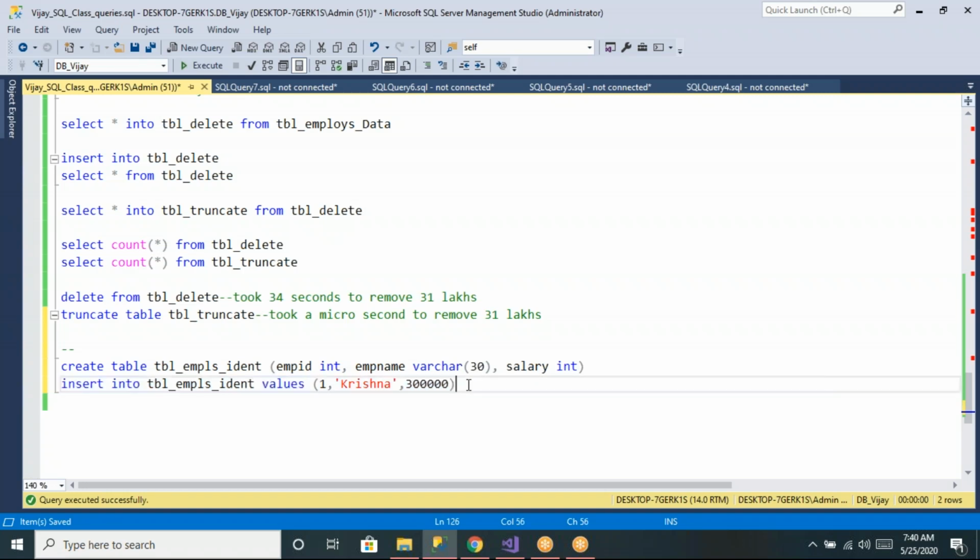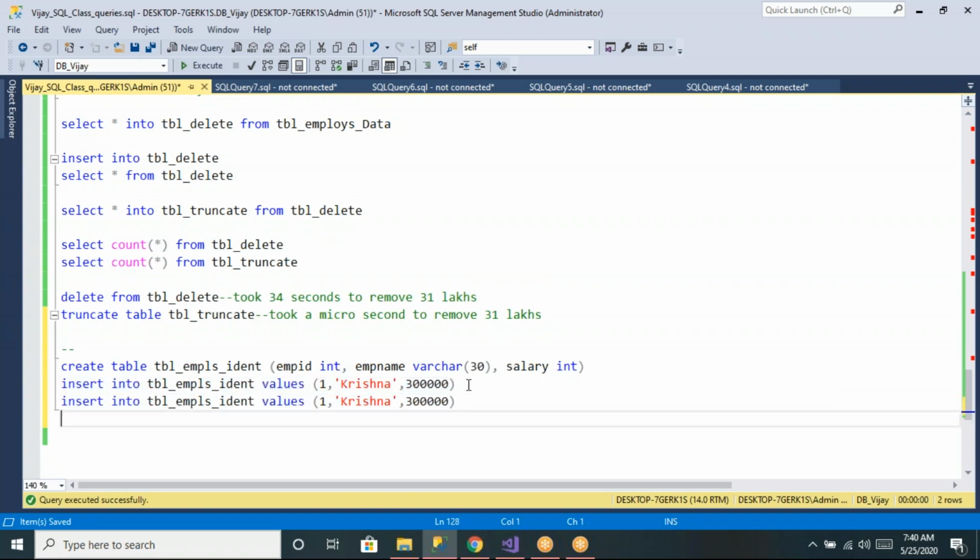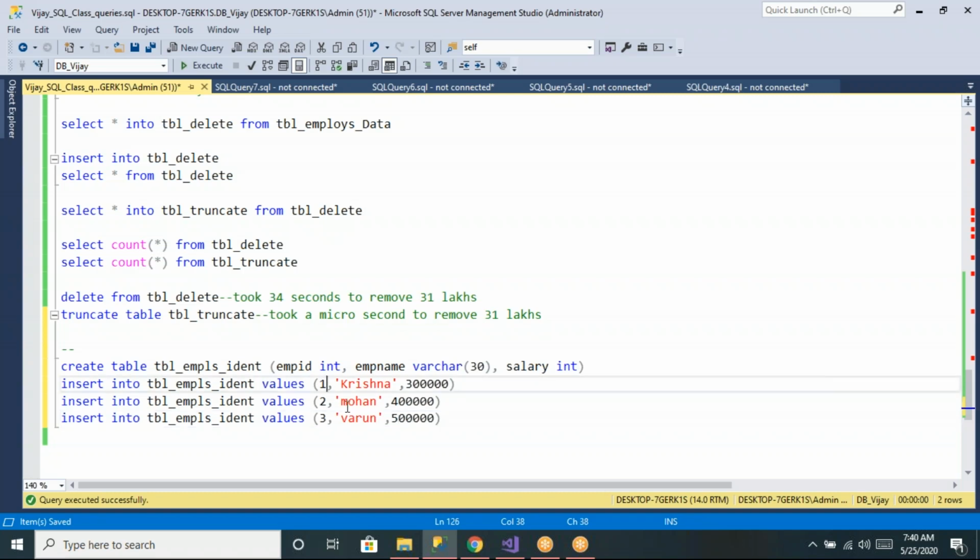data like this. So let us say if you want to insert multiple rows, we can go and specify employee 2, employee 3 like this. So some different employee names, let us say Mohan, something like Varun like this. Now what I want to do is, usually we will create a table like this and we will insert the data. Now I don't want to specify this employee values manually.